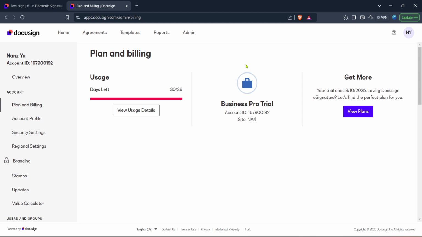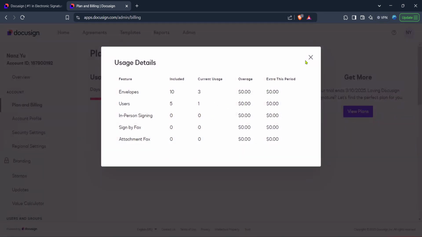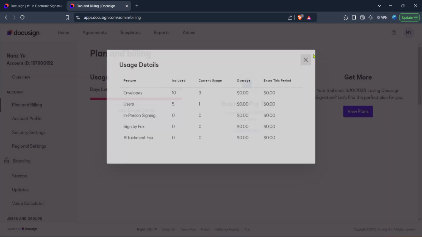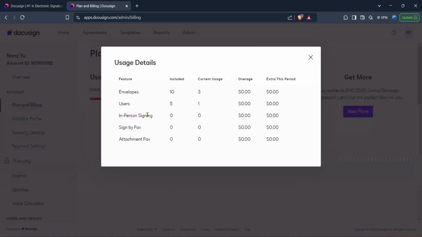Now here's a tip. Before you proceed with the cancellation, it's good practice to double check your billing cycle and any cancellation fees that might apply. Understanding these details will help avoid any surprises down the line. If your intent is to switch plans rather than cancel entirely, this section will also provide the options to do so without any hassle.